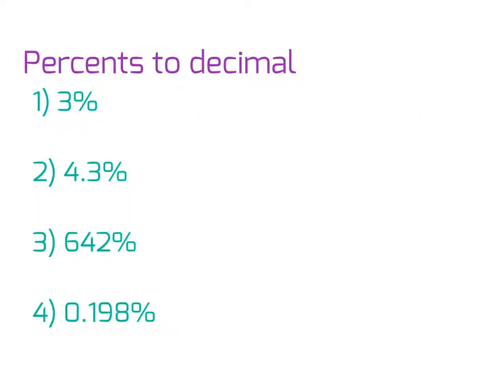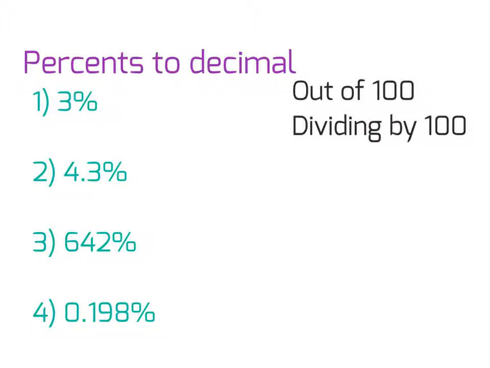First, we're going to look at how to change a percent to a decimal. If we remember that a percent is out of 100, then we know that saying something is out of 100 is like dividing by 100. And if we think back to scientific notation, dividing by 100 is the same thing as multiplying by 10 to the negative second. So really, when we're dividing a number by 100, we are just moving the decimal two places